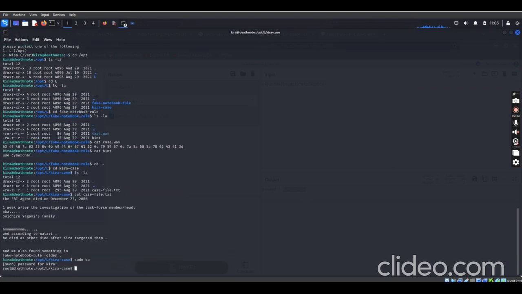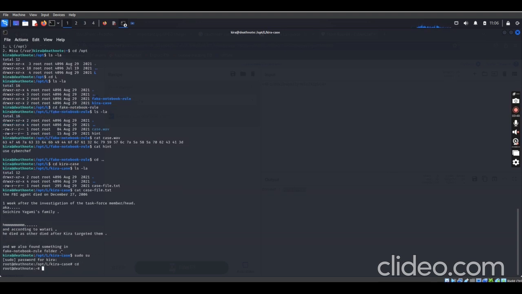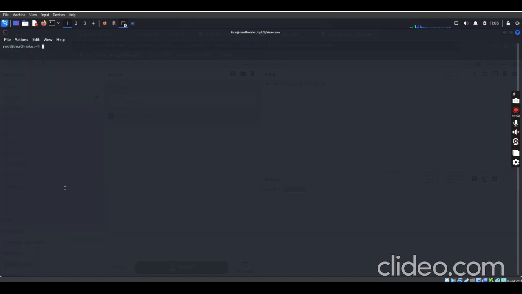Now we are in the root folder. So if I go back, I've actually moved away from Kira's folder, the OPT folder. Now let me clear. I'm now in the root folder. I should remember my goal is to find that root.txt.